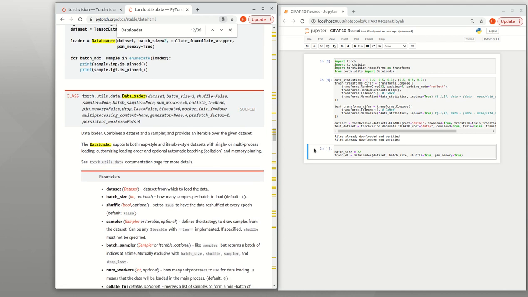Here it is not required, although let me use random split